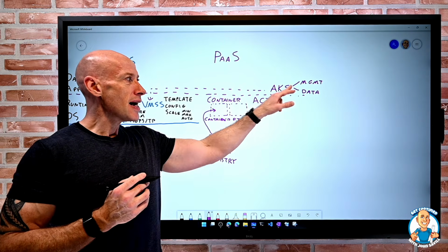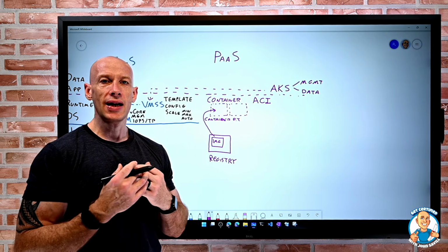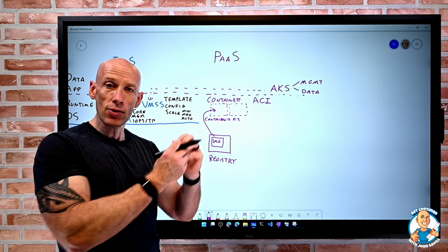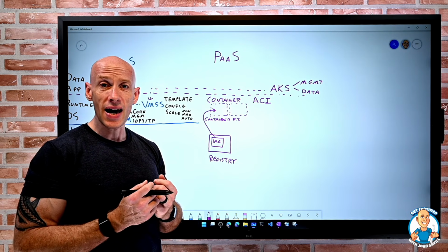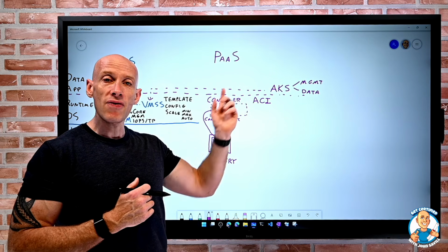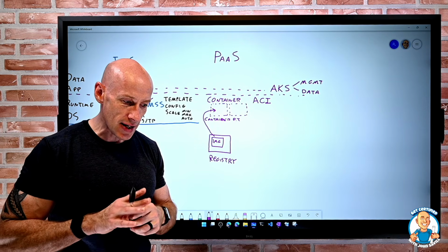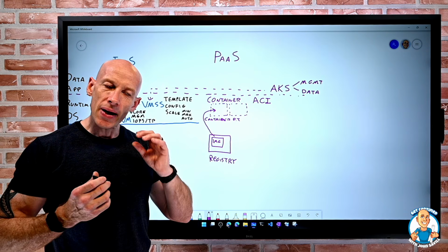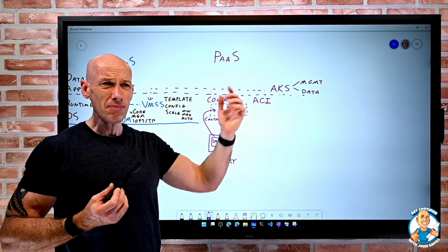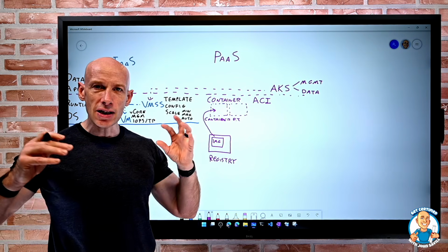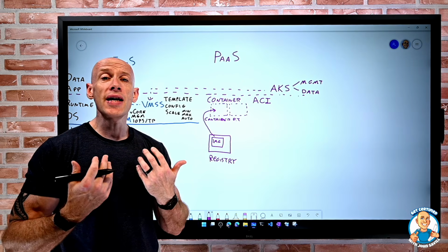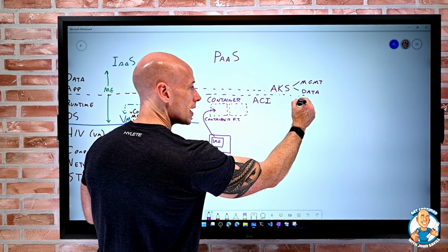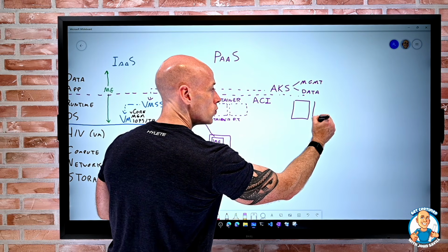So with Azure Kubernetes, we get that rich orchestration where I can have deployment YAML files, Helm charts. I can even use things like GitOps where it goes and fetches its configuration from a Git repository. I can do all of that with Azure Kubernetes Service. So with AKS, I need a full, rich, orchestrated environment, but I still want it to be fully managed. So all I really focus on is that deployment YAML file that defines what containers I want to actually run. And behind the scenes, it's going to go and create a whole bunch of nodes,